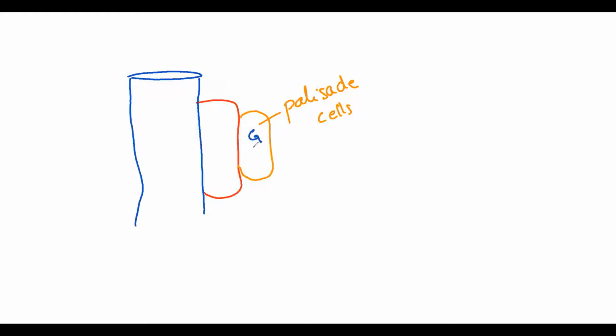So it's going to change into sucrose, and it passes through the companion cell, and this is, by the way, by active transport. It is an active process. It needs energy. That's why the companion cell is a complete cell, and it has a lot of mitochondria that will provide energy for the active transport of sucrose. So the companion cells load with sucrose,